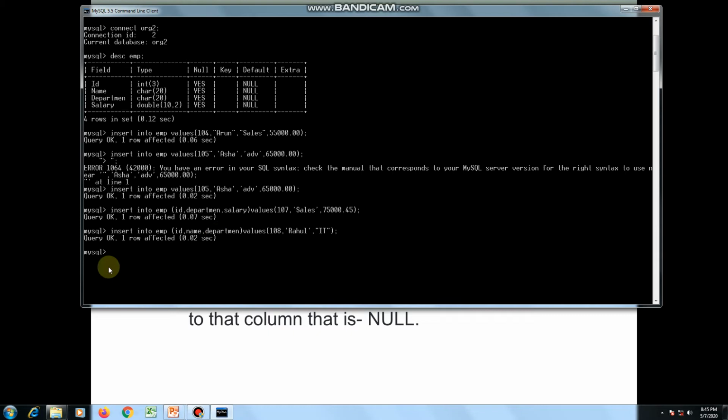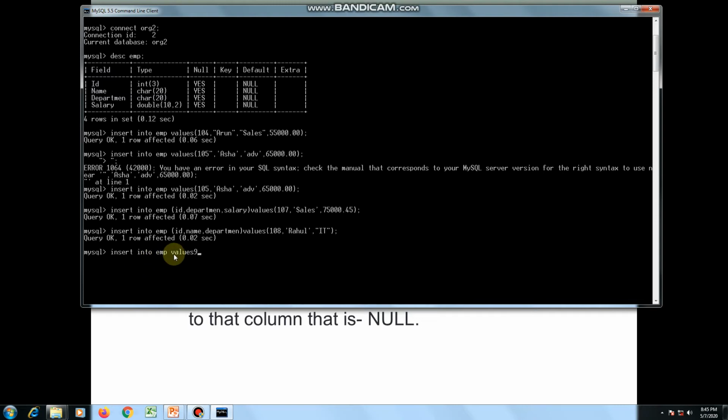Okay, what happens when we provide only 3 field values using the default structure of the insert into table command that we used in our previous video, like insert into emp values? Here I have provided 4 values, but if I skip one value, then what will happen? Let's try. Insert into emp values.